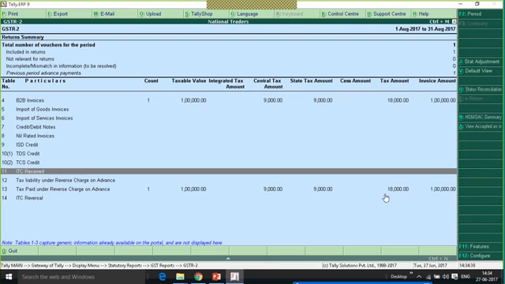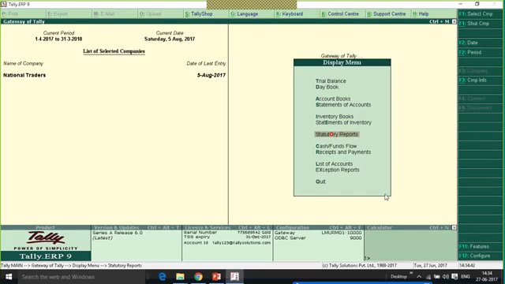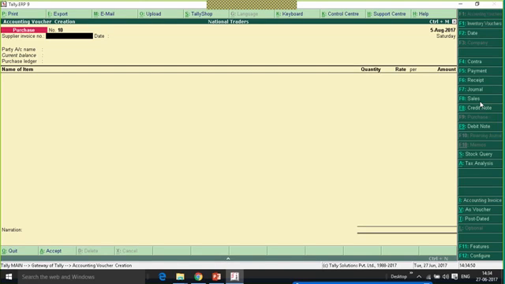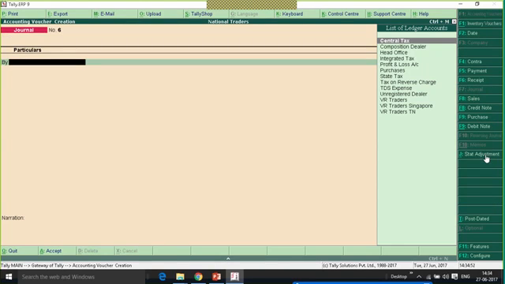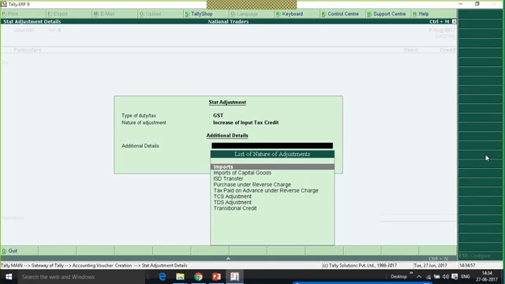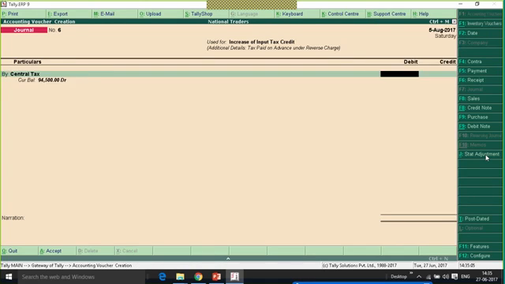Now, after making this inward supply in the current month, we have to raise the input tax credit for the tax paid amount. So I will record accounting voucher journal with tax adjustment, increase of input tax credit, and I will select tax paid on advance under reverse charge. I will debit